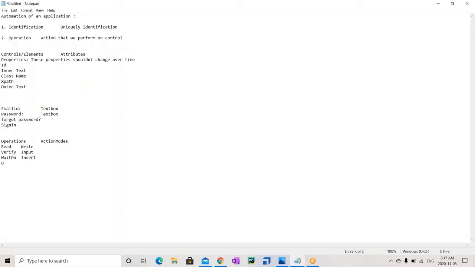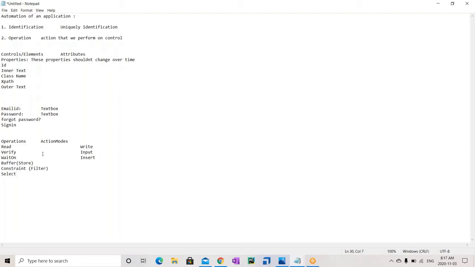And we can store some value from that particular field. This also comes under read. There is one more feature, constraint. I'll tell you all this now, and select.